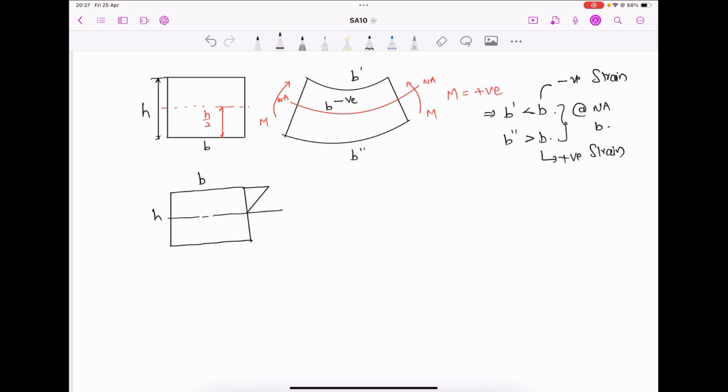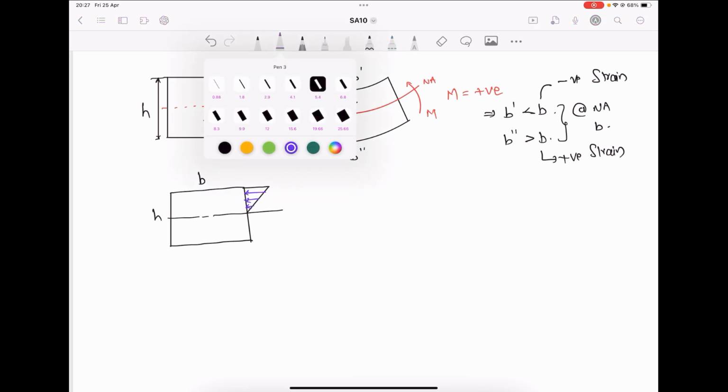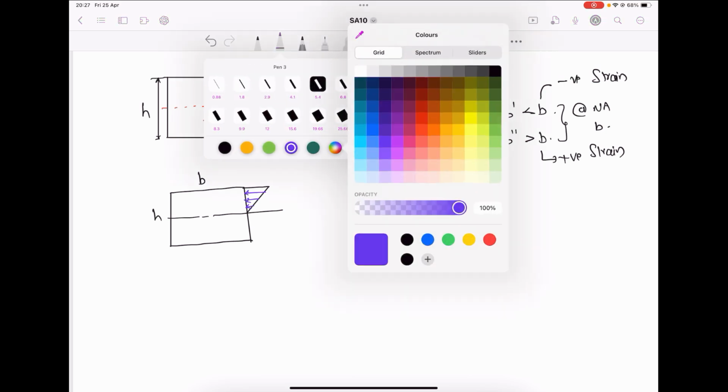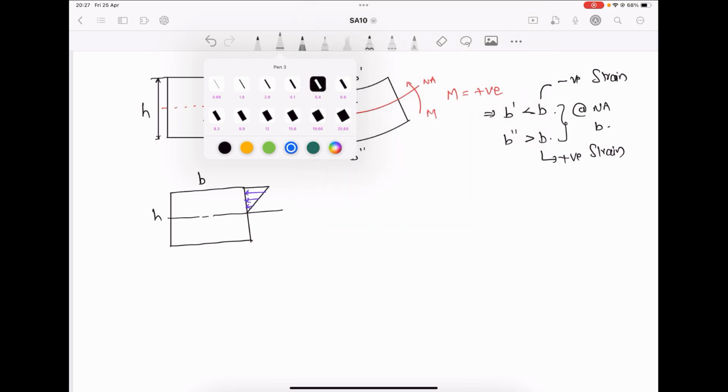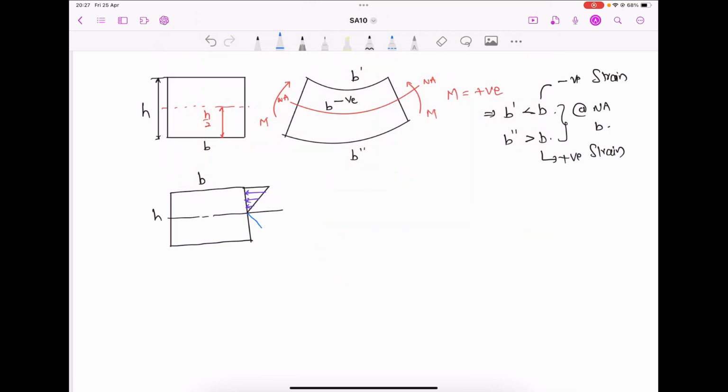Fibers are getting compacted. When the fibers get compacted, the force will be towards the surface. Let us say, when the fibers get, you please see, expanded, here expansion, here it is positive,